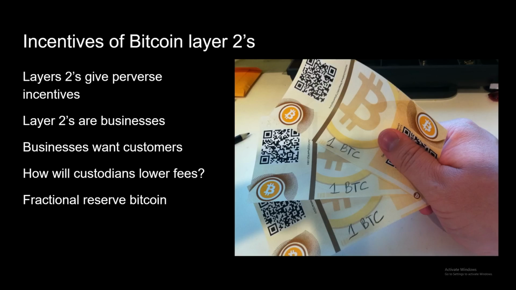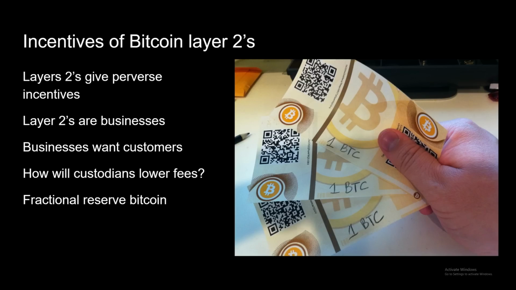And so how can one business gain an advantage over another business? Or how can one Lightning channel or Bitcoin bank gain customers and gain business over another one? Because bearing in mind that these businesses have to pay fees on the base chain, and these fees they will have to pass over to their customers eventually. So one way that they will be able to lower fees is to create fractional reserve Bitcoin or paper Bitcoin and lend this paper Bitcoin out to other users and to other people in the exact same mechanism that banking and central banking did with gold, under the knowledge that at any one time, more than likely, everybody won't want their Bitcoin back at any one time.